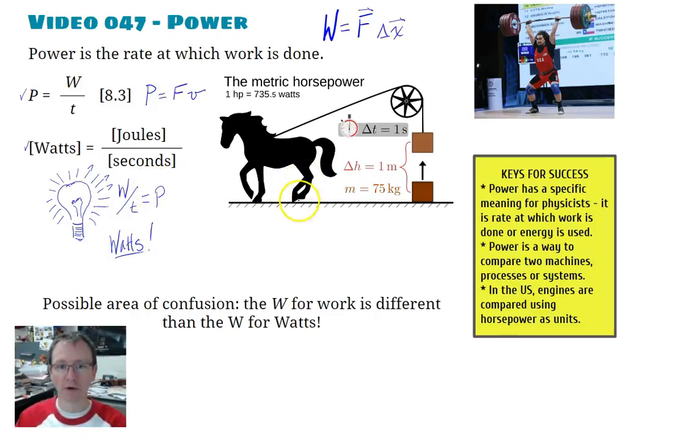Now, this was extremely important back when they were trying to develop steam engines, and so that's why Watt got his name attached to the units, because he was important in making the steam engine into something that was actually useful and efficient. He didn't invent the steam engine, but he did make it something that we could actually use. And so it's important to remember the historical aspect of things, because the amount of power that a steam engine has is the amount of work that it can do every second.